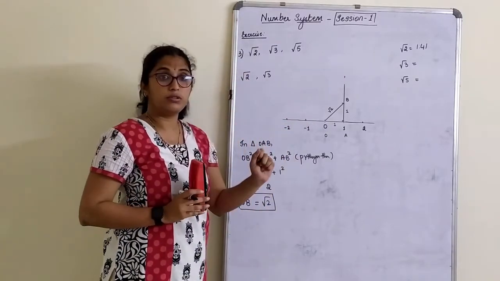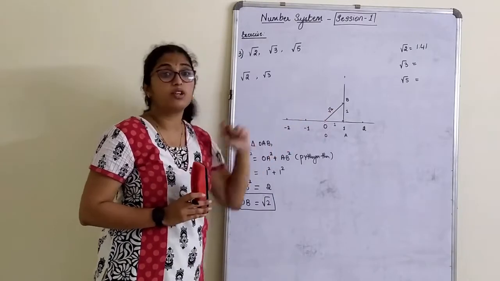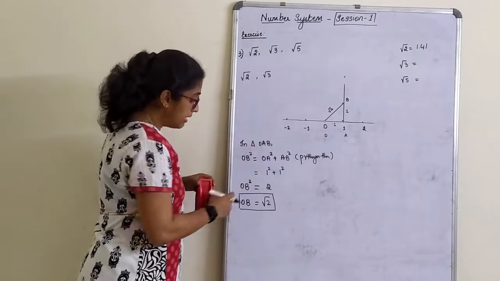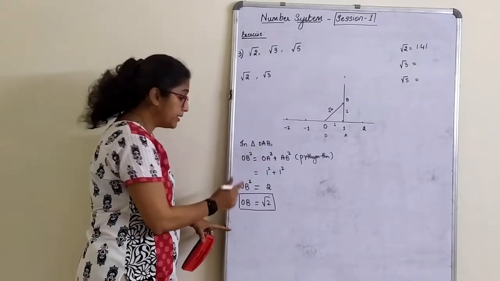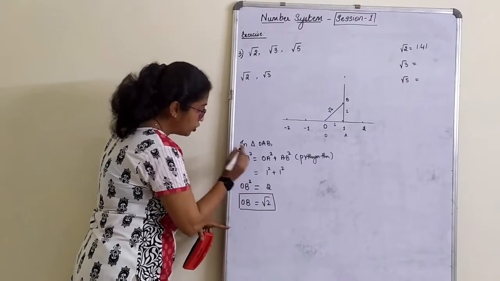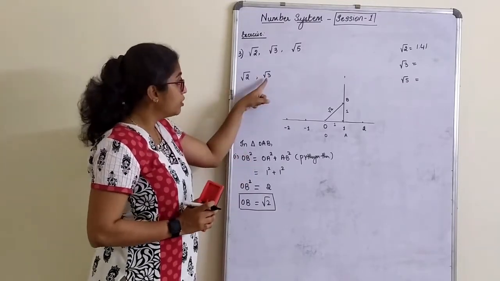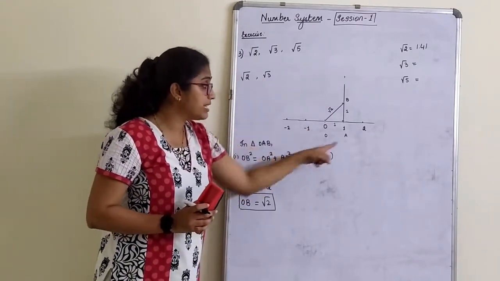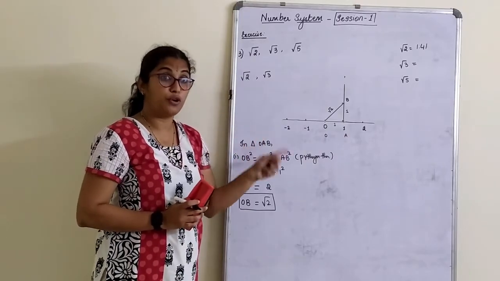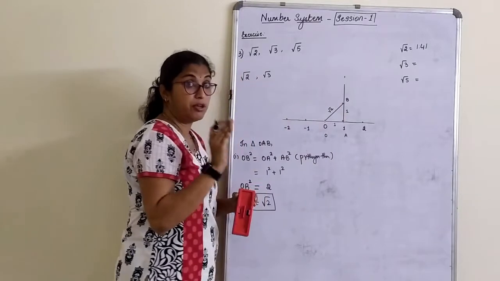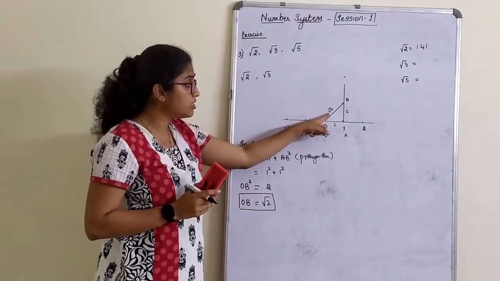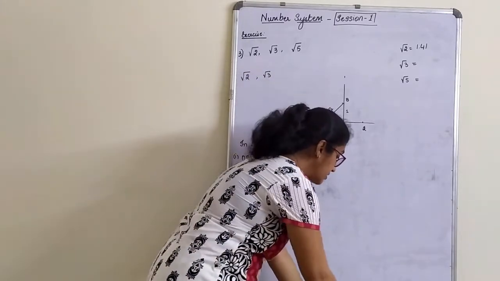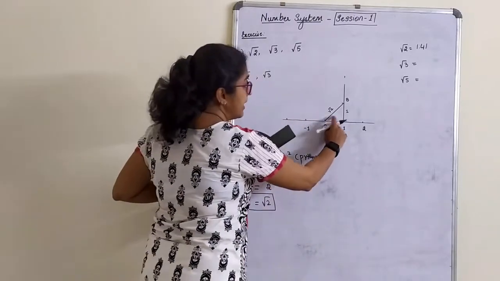Now to construct root 3, my first step is to construct root 2. That is, this much I have to finish first. If I have done this much, then I have to first calculate this much. This calculation should be done. This is the first step of the calculation. For root 3, I repeat, for root 2 you finish doing. Now next is root 3. For root 3, again do the same setup that you had done for root 2 from the beginning. Only thing is you will not draw the arc, because the arc is for root 3. Since you got this root 2, how did you get root 2? By this calculation.